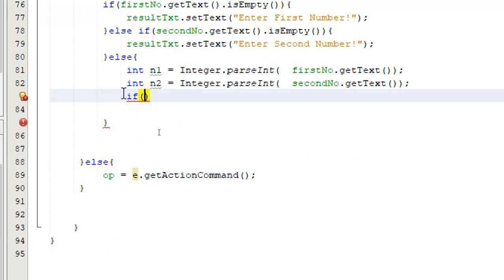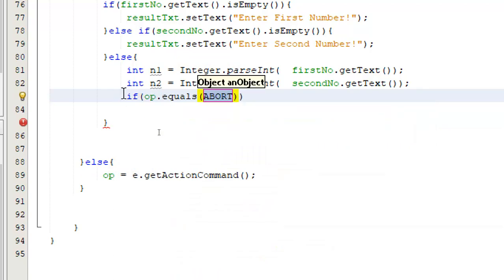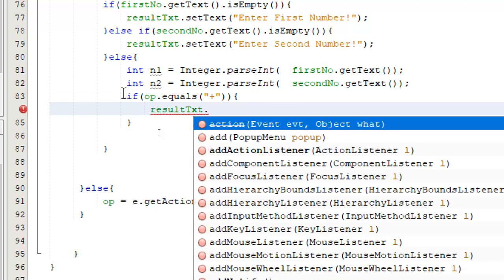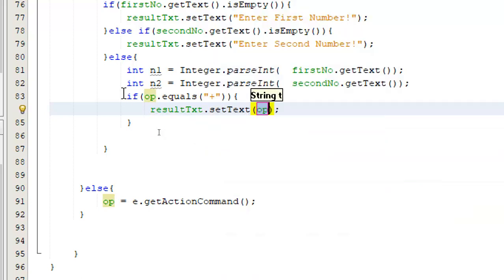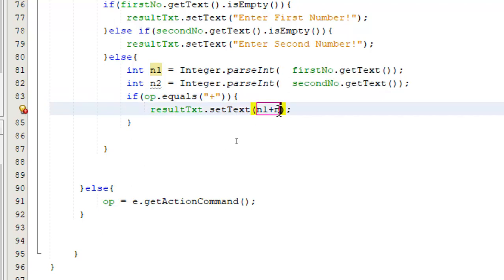I'll go to this OP and I will say if it is equal to plus, then I am supposed to do the addition. How do I do that? I will go to my result text and I am going to set the text. What is the text I am supposed to set? My first number is n1 and the operation that I am supposed to perform is plus. For this I am going to add n2.